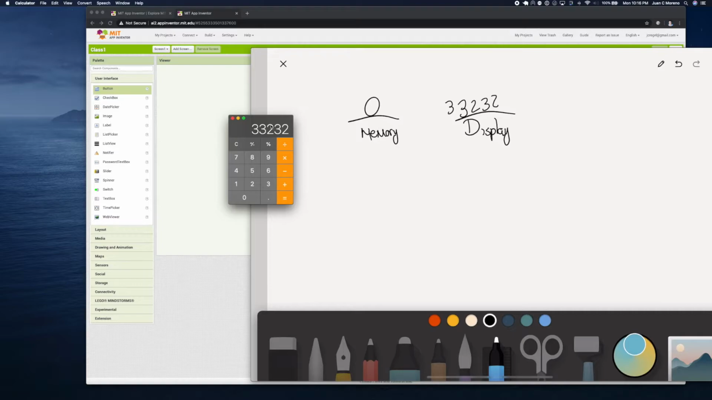33232. What is in memory is the operation of that. If I press plus, it's essentially resetting this to be the initial value, plus then we can put whatever number, I don't know. This is now the memory. Whenever we press plus, it sends this number to the memory. So the memory is now 33232, and the display